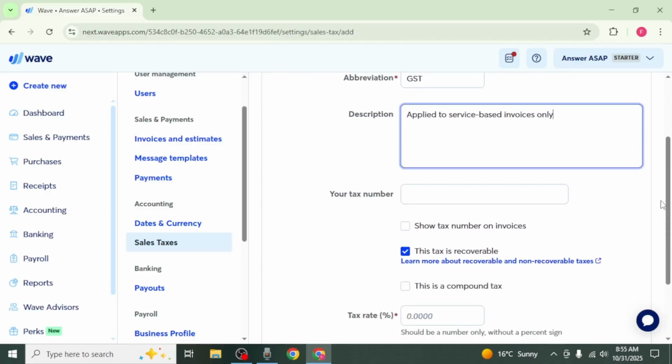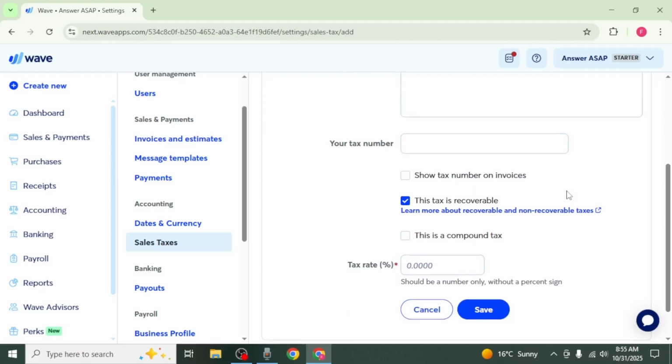You will also see a field for a tax number. If your government has issued a VAT ID or GST number, you can enter it here, and it will appear on your invoices. Otherwise, leave this blank. There are several checkboxes available. The first checkbox determines whether this tax will appear on invoices when you create them, so ensure this is checked